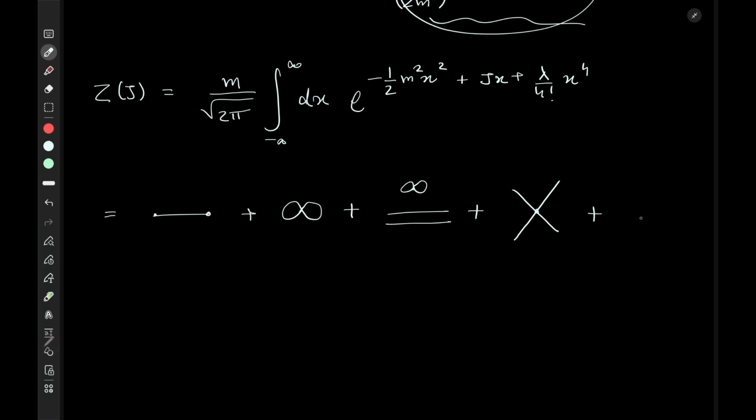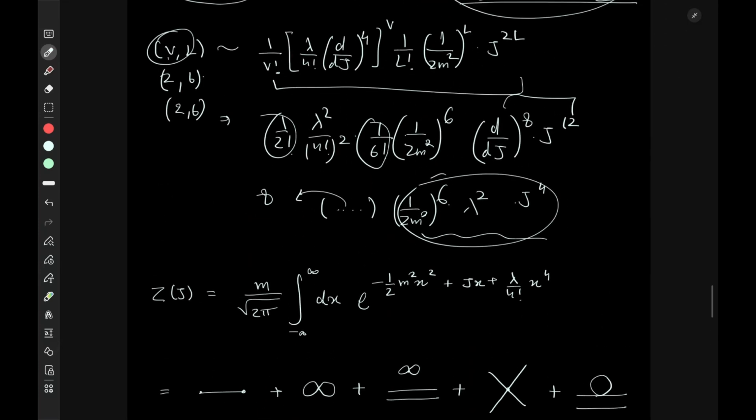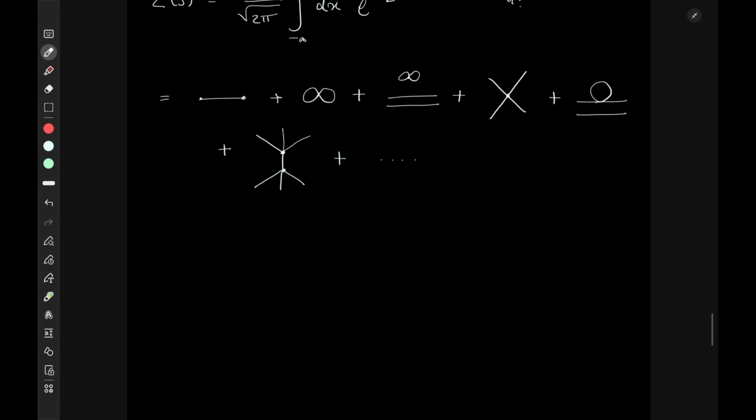We can have a diagram such as this, or this, or we can have a diagram such as this. It also has 2 vertices and 6 external legs, or any sort of combination such as this. Remember, all these diagrams are just numbers that correspond to some certain V and some certain L, or let's say